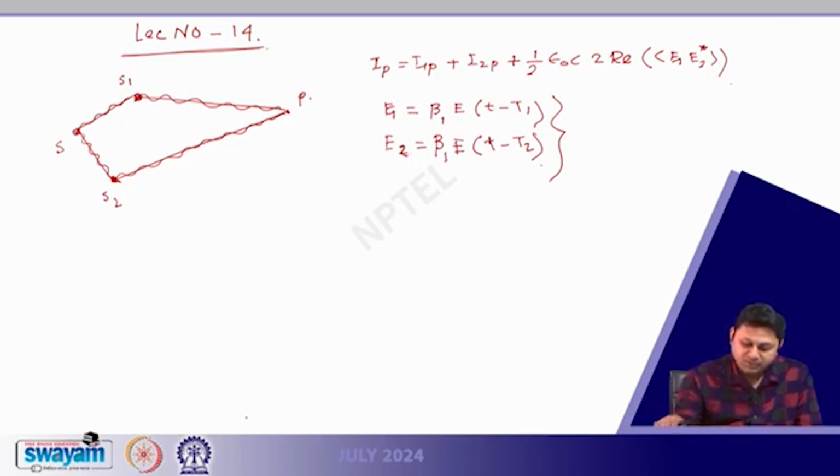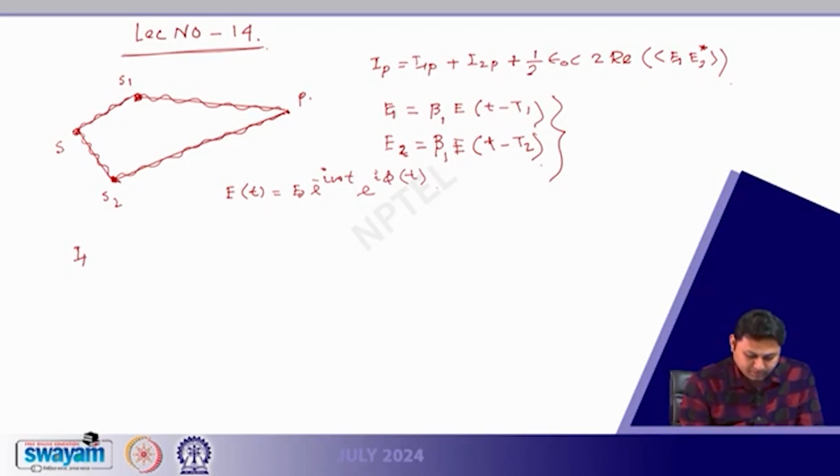Then we introduce this into E1 and E2, and also we have the explicit form of E as E of t equal to E0 e to the power of minus I omega t, e to the power of I phi t, that we had. Now imposing these, we get